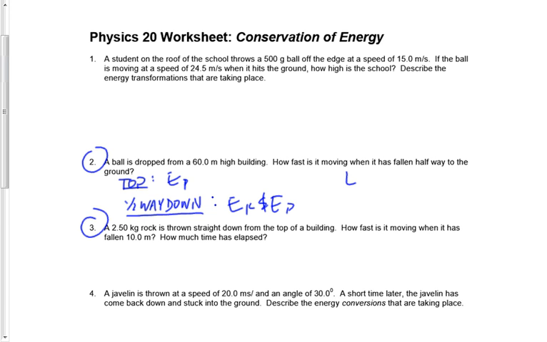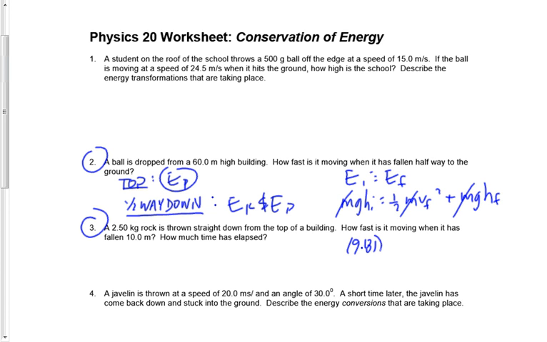Let's do our EI equals EF thing, the law of conservation of mechanical energy. At the top, it's just potential, so it's mgh. At the end, halfway down, it's got kinetic and potential, so it's 1/2 mv squared plus mgh. Now, once again, mass appears in every term, so I can cancel that. I get 9.81 times the initial height of 60 meters equals 1/2 VF squared, that's what I'm looking for, plus